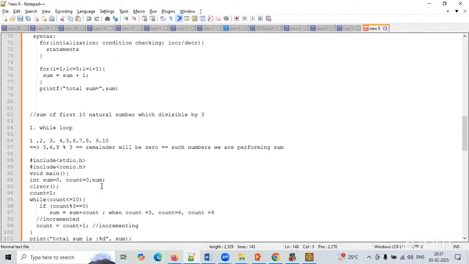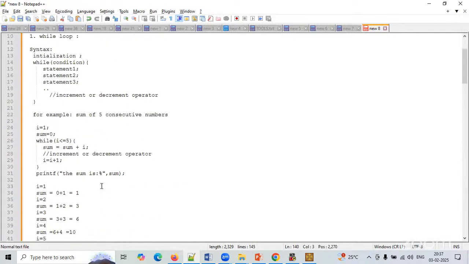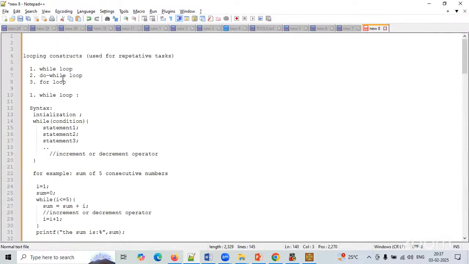So we have understood there are three different types of looping constructs: while loop, do while loop, and for loop, for the same purpose. If you are comfortable with while loop, you can use it. If you are comfortable with do while loop, you can use it for the same situation, and for loop. Majority of people will use this